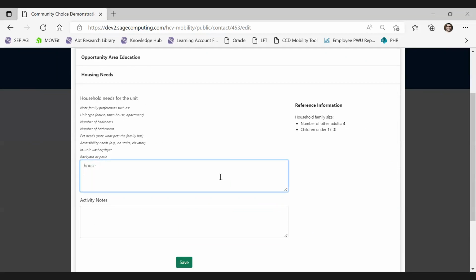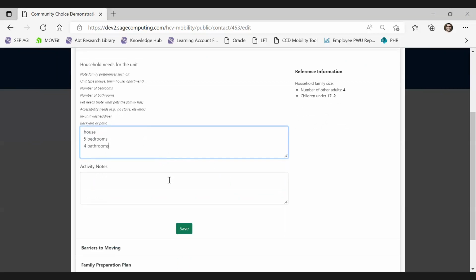In this case, they want 5 bedrooms, let's say, 4 bathrooms, and any other needs or wants can be indicated in this field for reference.